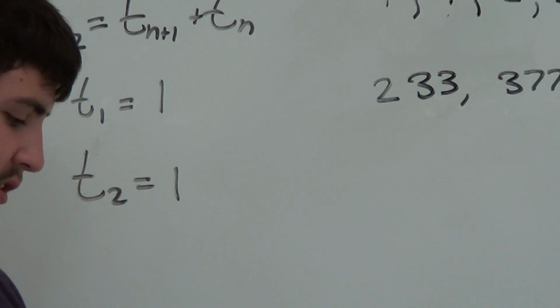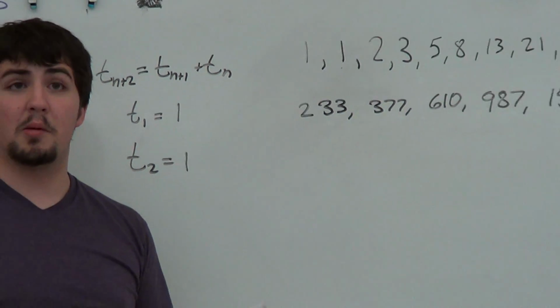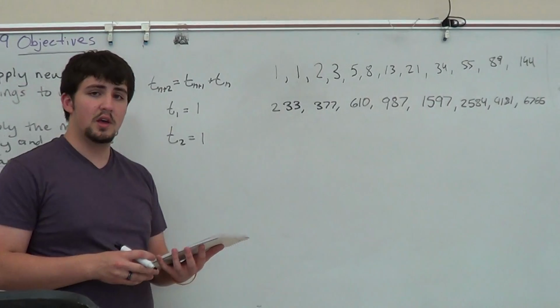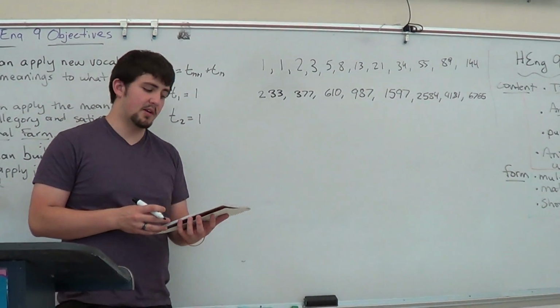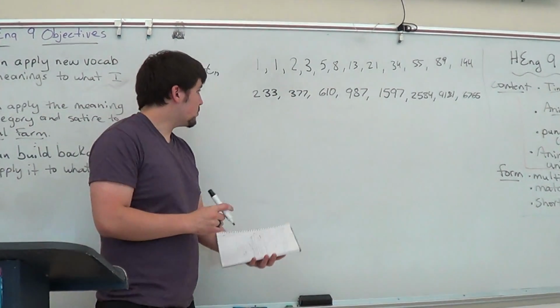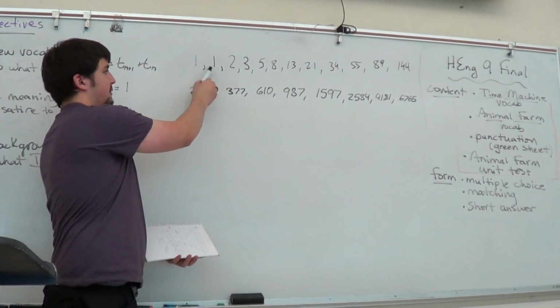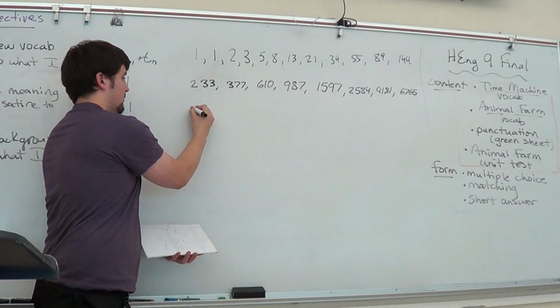Anyway, so what's so special about this? Well, it was come up with by a guy by the name of Fibonacci. Actually, I don't think that's his real name. I think it was something else, and he had the title Fibonacci, but I don't remember. Anyway, the special thing is if you take the ratio of one number to the next,